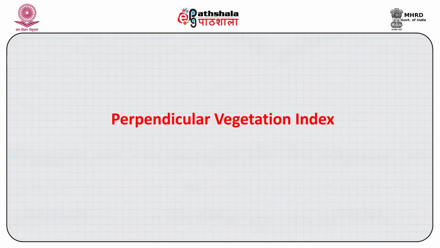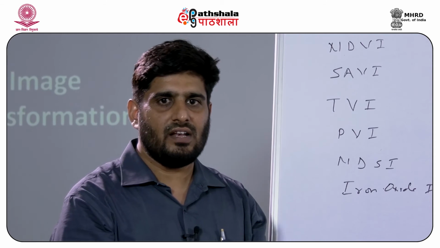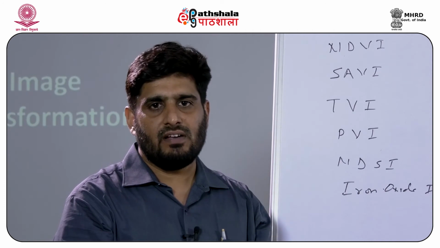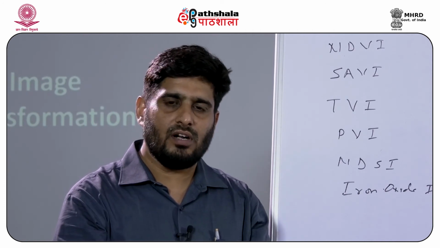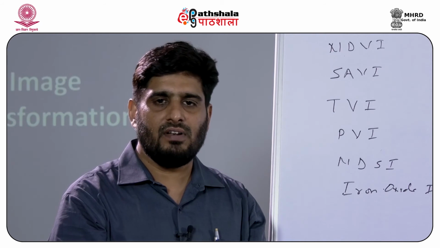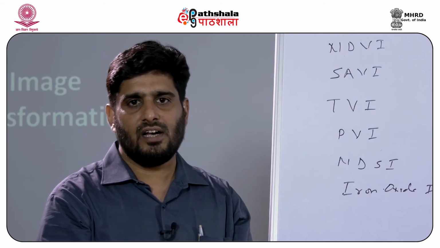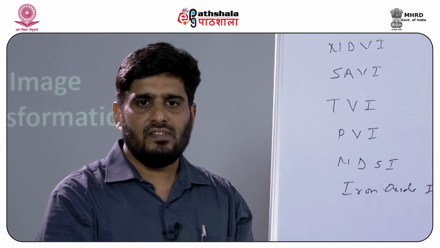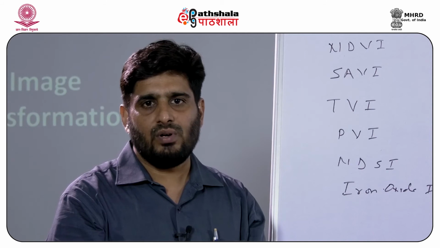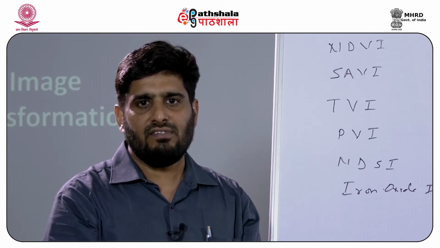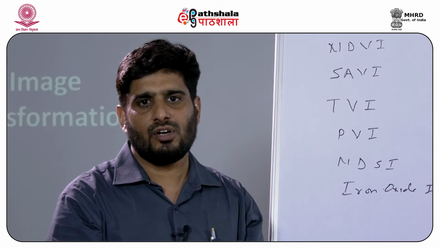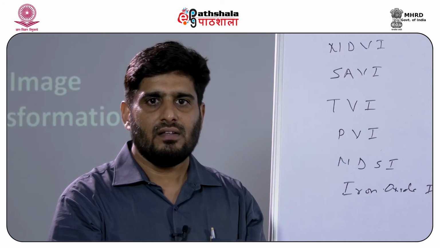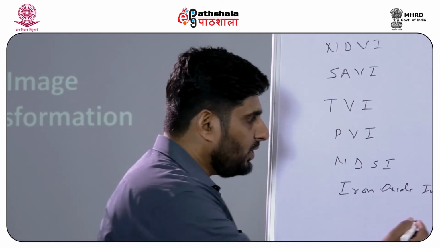So, another vegetation index that we use in remote sensing analysis is the perpendicular vegetation index. This index may be developed by constructing a scatter plot between the data available for the near infrared band and the red band in the image. If we construct this scatter plot, we will see that the bare soil will show a linear relationship, and as we move towards the left top corner of the scatter plot, we will go towards the vegetation point. So, if we look at the plot here,